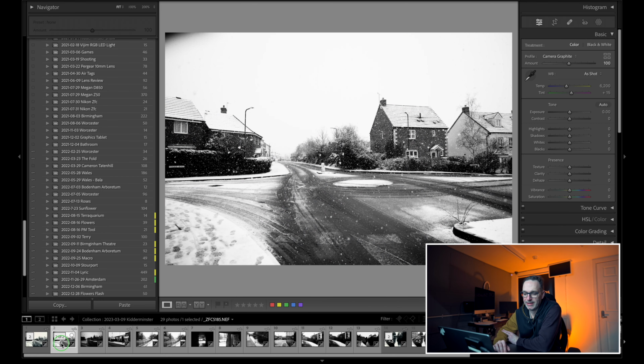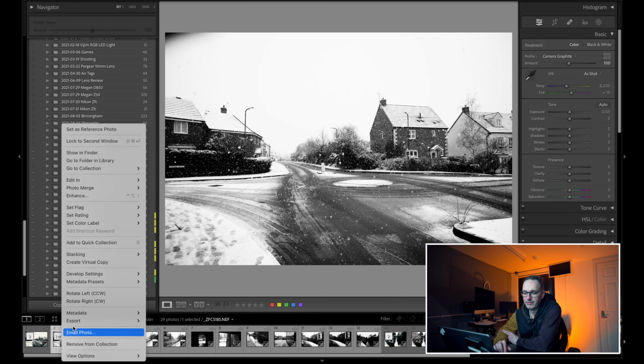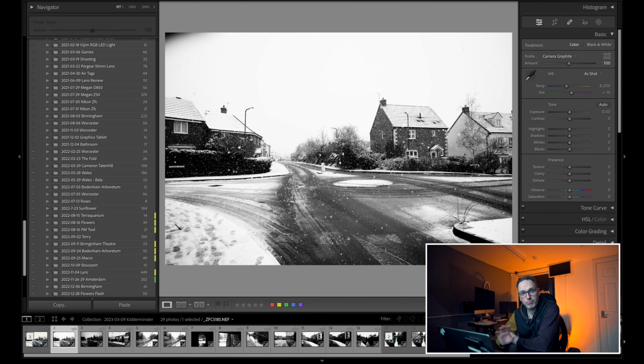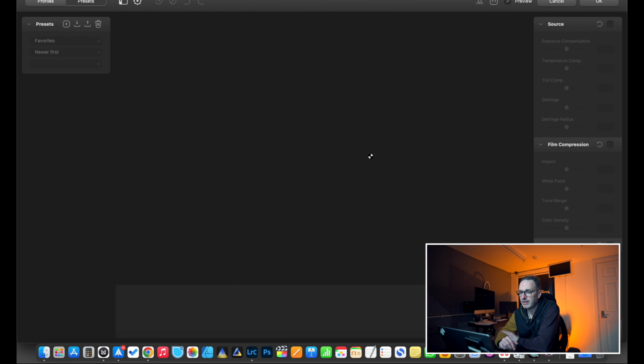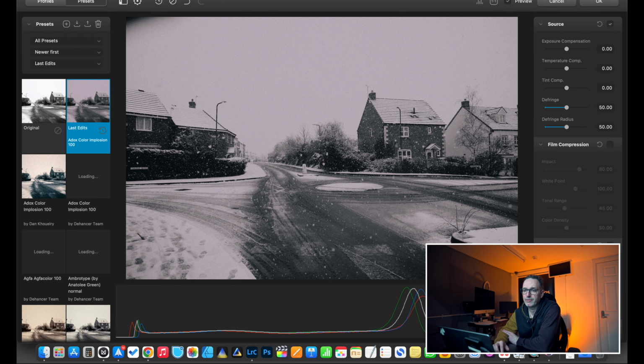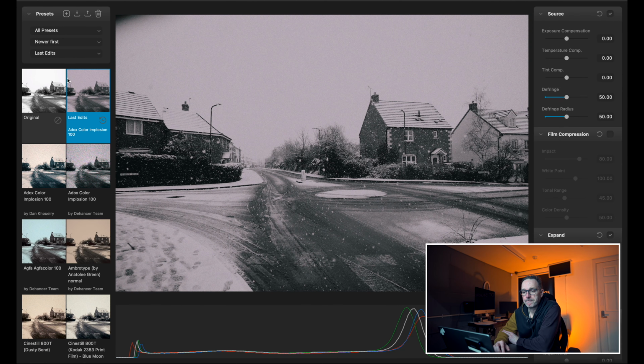Now, if we go back into that and let's go and edit in Dehancer. So it's just a plugin. So I'm going to edit a copy with Lightroom adjustments. Perfect, exactly what I'm after. It's going to load it up here. Let's just make that full screen. And we can see down here, we have got